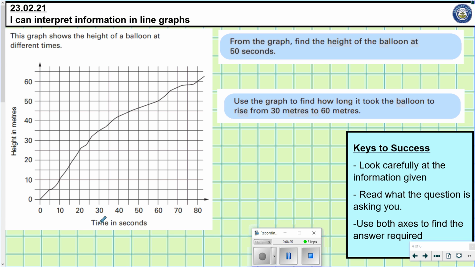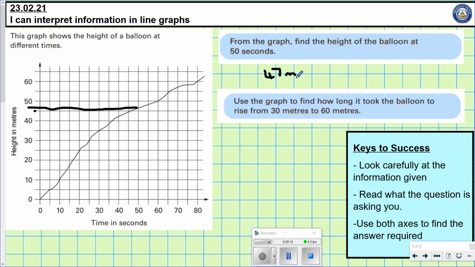So first of all, my time is along the bottom, I find 50 and I read upwards. Okay, now if I draw a line across from there, I can see my height in meters comes out here. Now I need to know what this line here is, halfway between 40 and 50. So what number comes halfway between 40 and 50? Hopefully you know that's 45. So that line there is 45. And my height is a little bit more than 45. So it's more than 45, but it's not as high as 50. So a sensible estimate here, and remember it's just an estimate, I can't know exactly from this graph, is 47